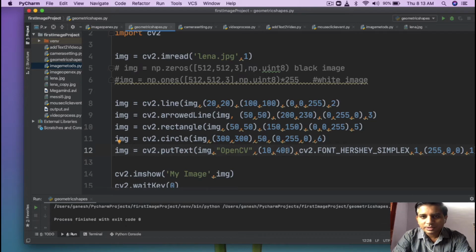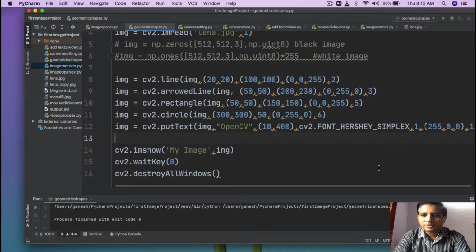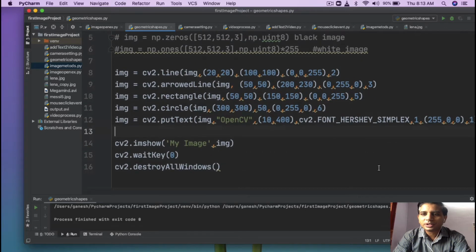The next argument is the starting position of your text, from where your text starts. The next one is the font by which you want to display your text. There are different fonts available. You can have a combination of different fonts, bold, italic, and you can have these different types.